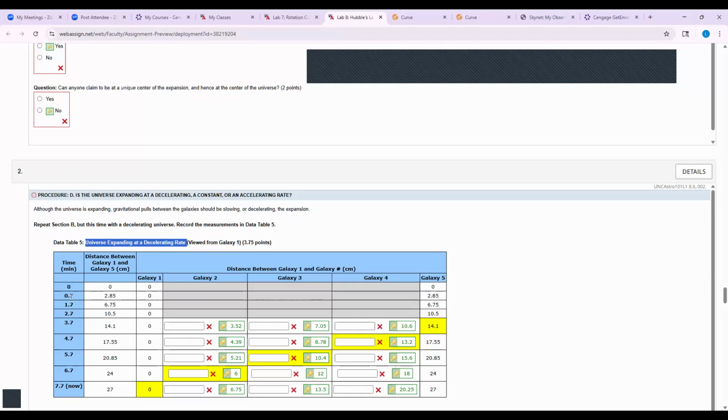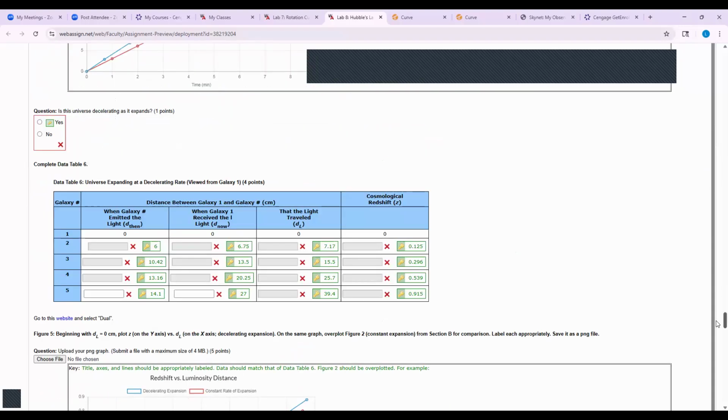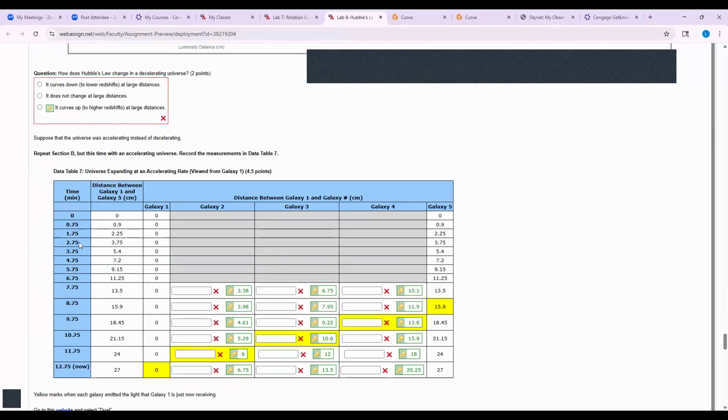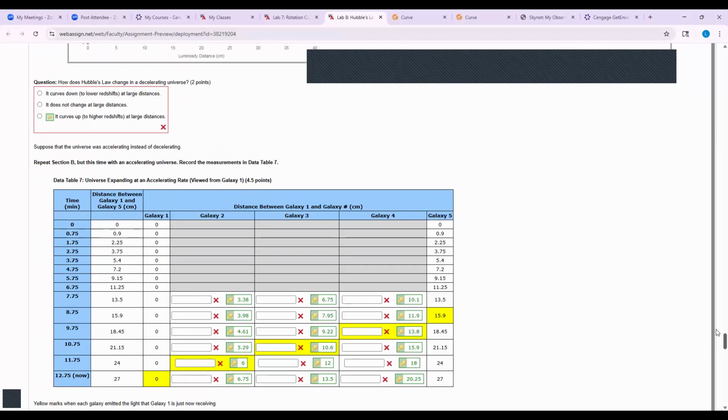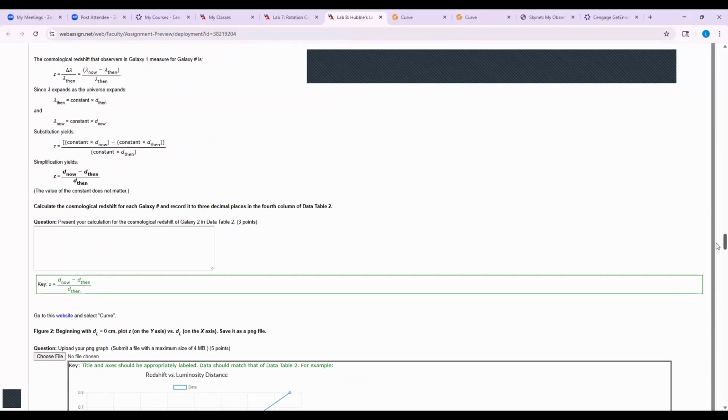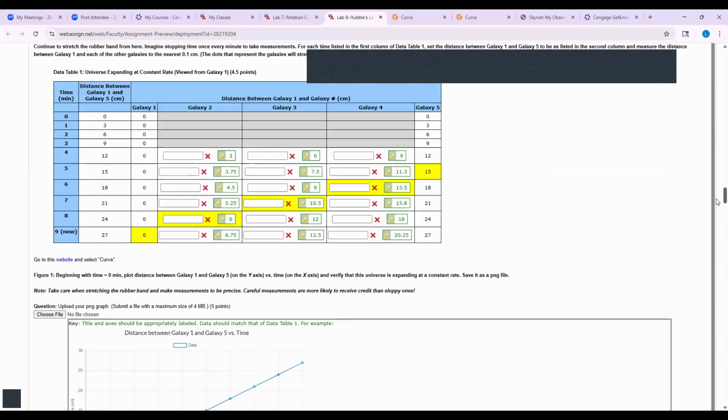Instead of 1 minute, you can assume less than one. 0.7 using here, you can use different methods, 0.6 or 0.8, whatever you need. And also for the expansion, you can do it the same way. Here, for example, we are expanding, accelerating in a different way. If you look through this table 7 versus table 6, table 5, and versus table 1, you see the difference between the